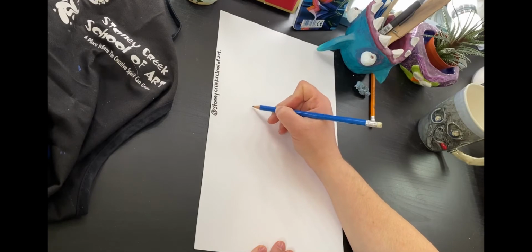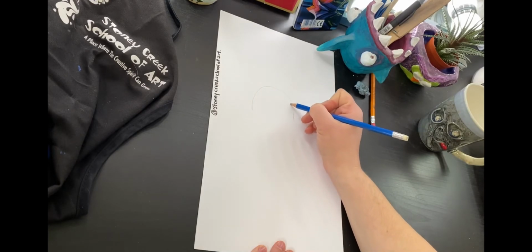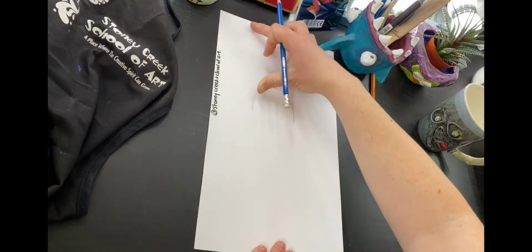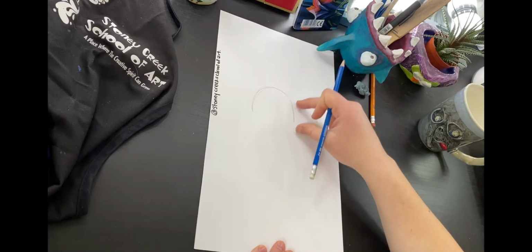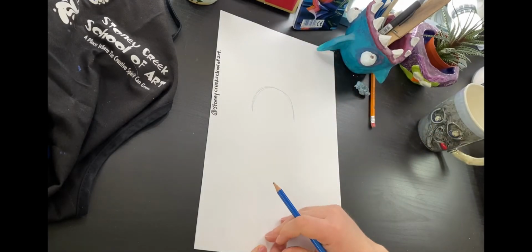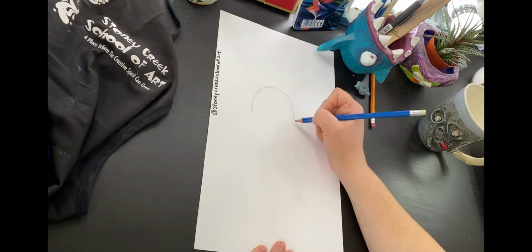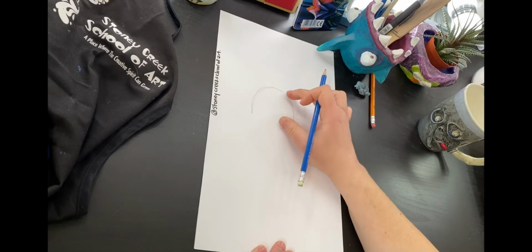So the first shape that I'm going to do is going to be a rainbow curve. Now you want to leave some room for his ears. Stitch's ears are pretty high. So I have a longer paper. It's longer than regular computer paper. But if you're using regular computer paper or a little sketchbook, I would kind of do his